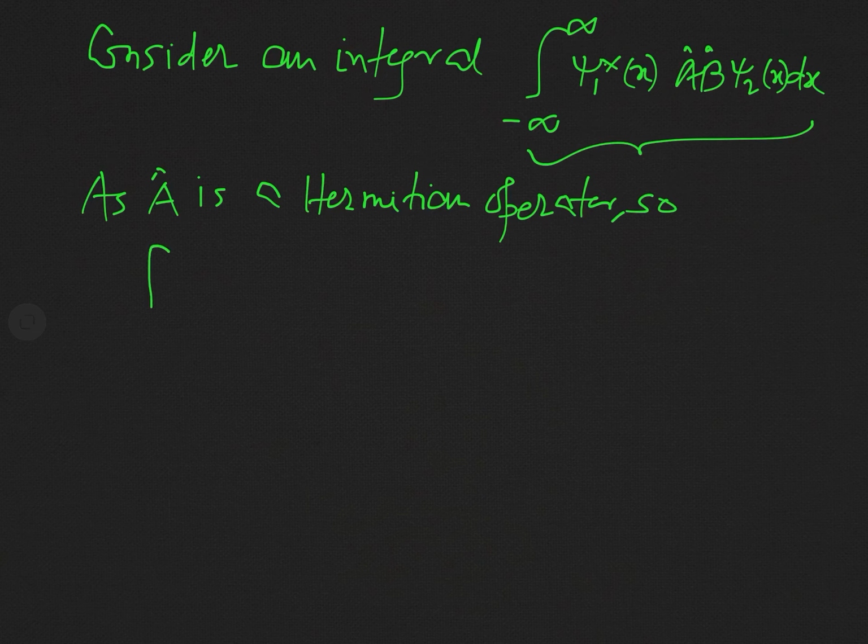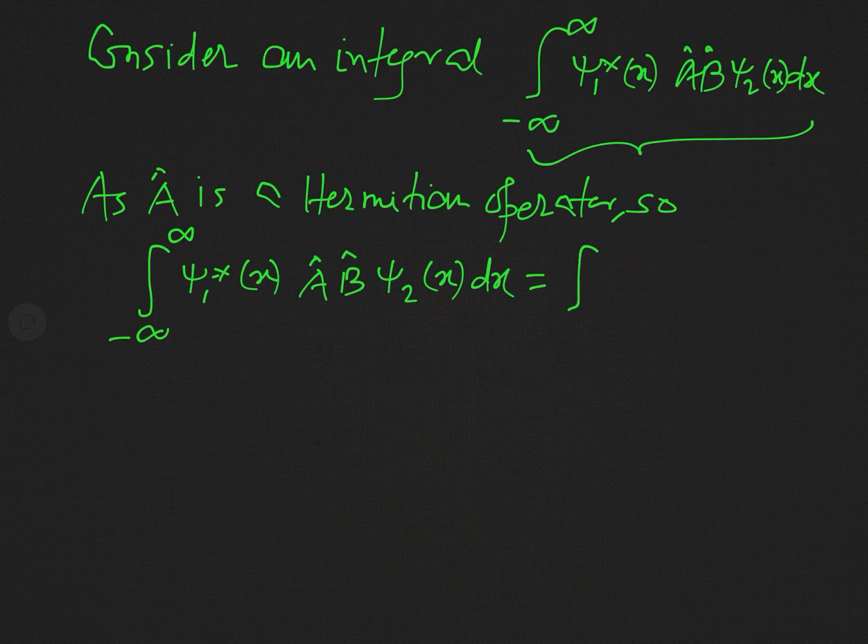what can we write? We can write that the integral from minus infinity to plus infinity psi1 star of x A hat B hat psi2 of x dx is equal to, since A hat is a Hermitian operator, so we can write it as the integral from minus infinity to plus infinity psi1 star of x A hat B hat psi2 of x dx,